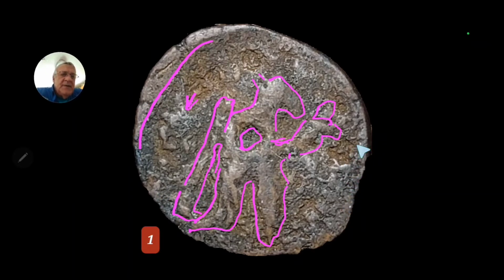inside this, but I'm not really sure because of the way that this thing is so modeled. There's a lot of damage, and it's very worn for this side. I can't imagine there being all that detail in here. Could these be leaves? If it's true, it'd be really neat. Well, anyway,